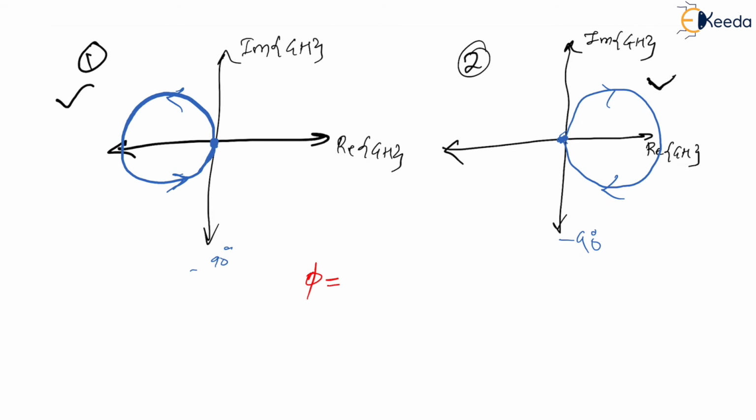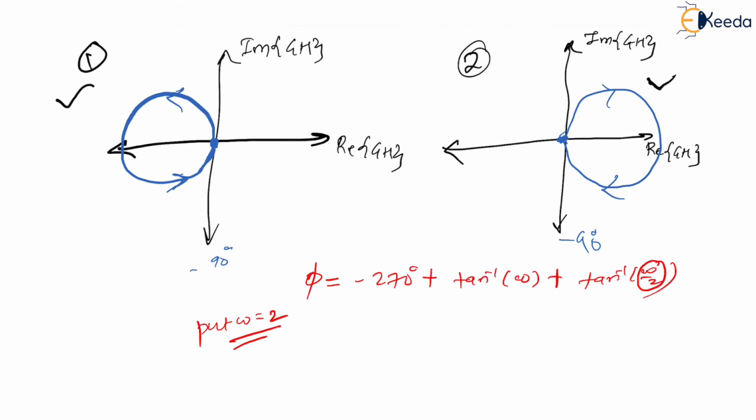What is phase? By the way, phase is nothing but minus 270 degrees plus tan inverse of omega plus tan inverse of omega by 2. What will I do? I will just replace omega equal to 2. Let me put that for simplicity, because this 2 by 2 will become 1, right? That's the only reason. So if I put it, I get minus 270 degrees plus tan inverse of